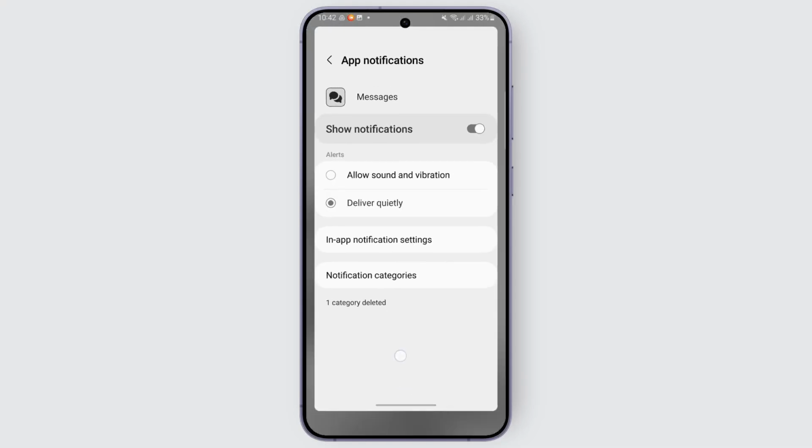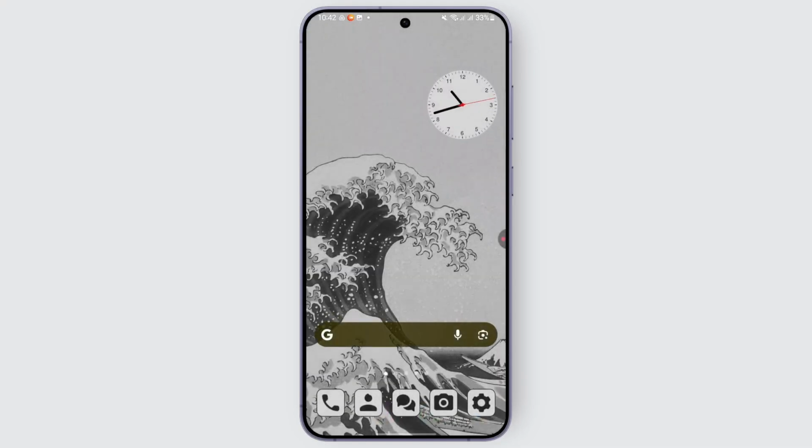So in order to enable text message notifications on your Android device, you may just head over and follow the